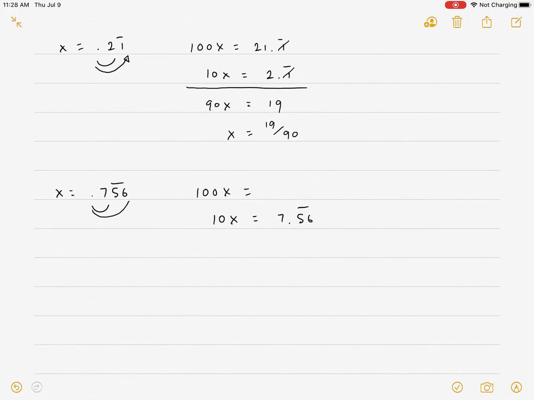1,000 times 0.756 with the 5, 6 repeating will be 756 with the 5, 6s repeating. Draw your bar, subtract these repeating decimals. 756 minus 7 will be 749. 1,000, that should have been 1,000 there. 1,000x minus the 10x is 990x. And then when I divide,